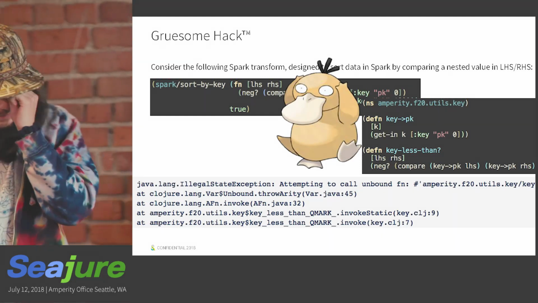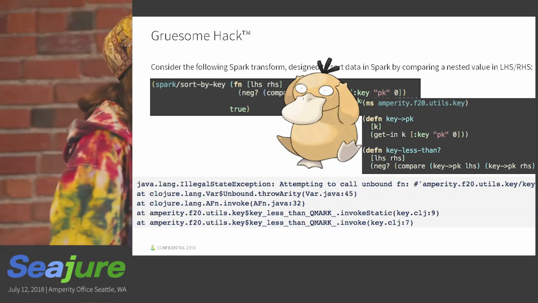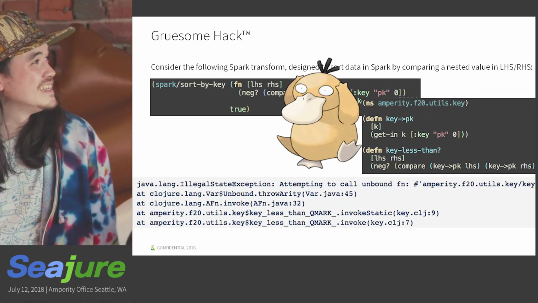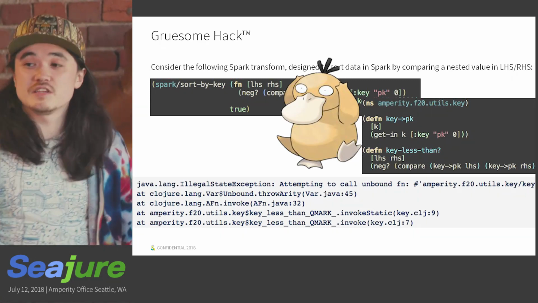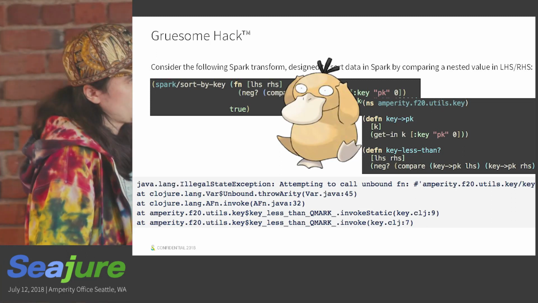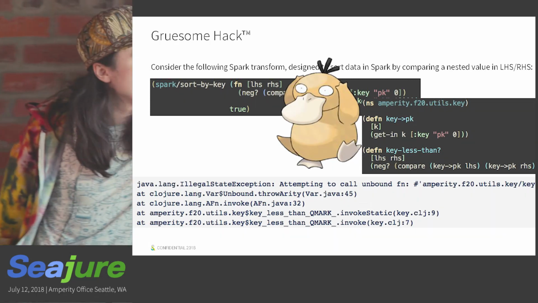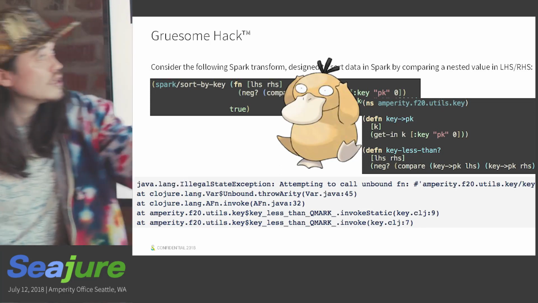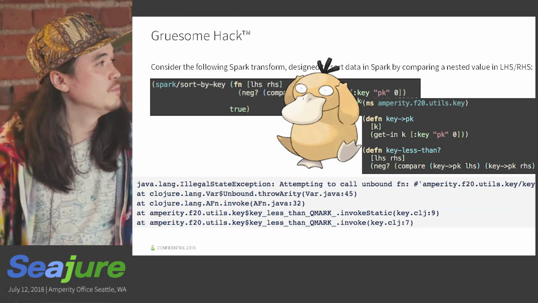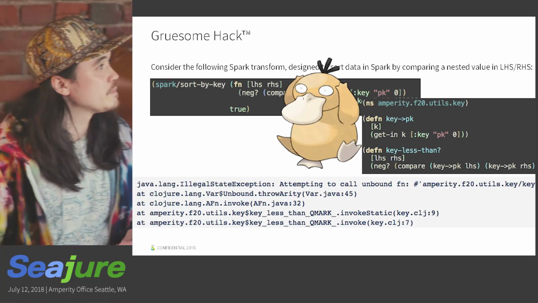Consider the following Spark transform, designed to sort data in Spark by comparing a nested value inside a three-layer nested map, with a vector lookup. It's pretty simple: find me the highest PK, basically, right?